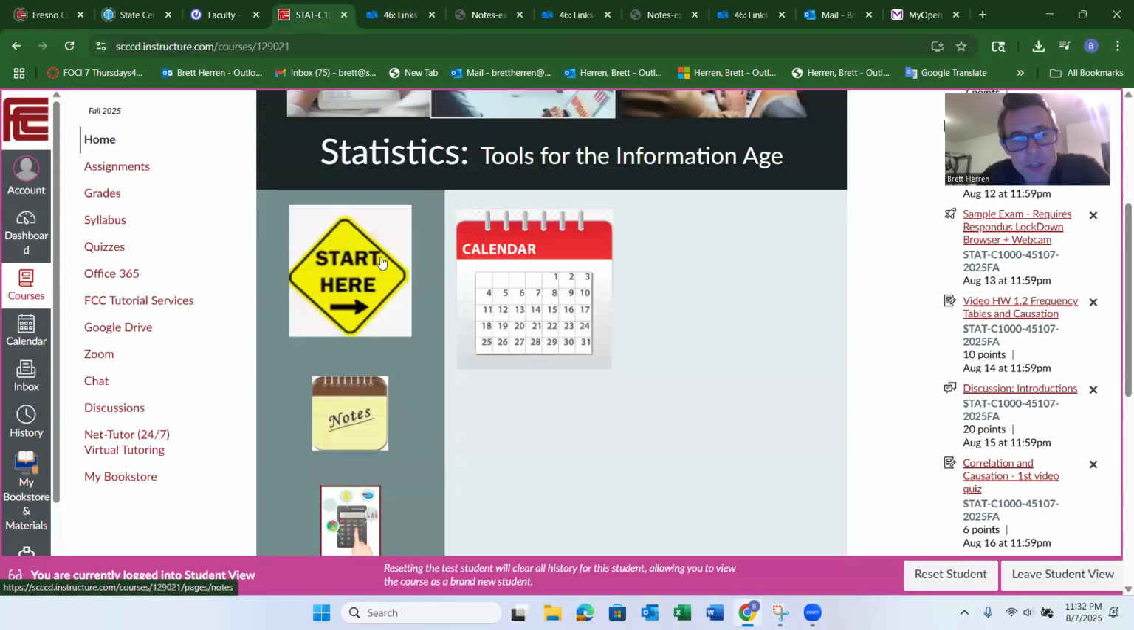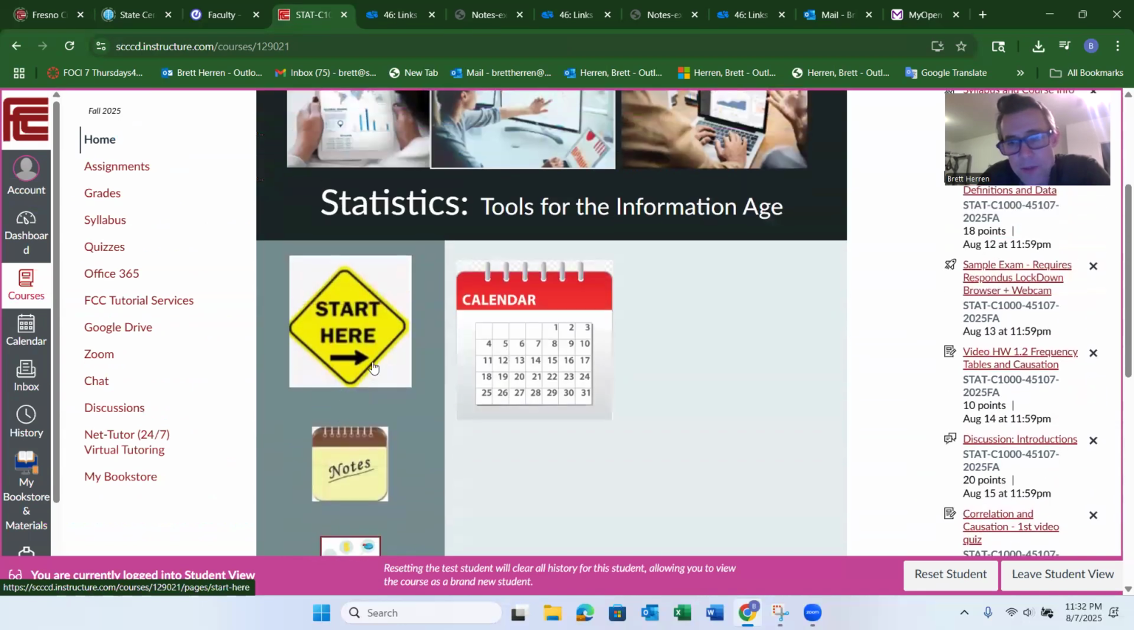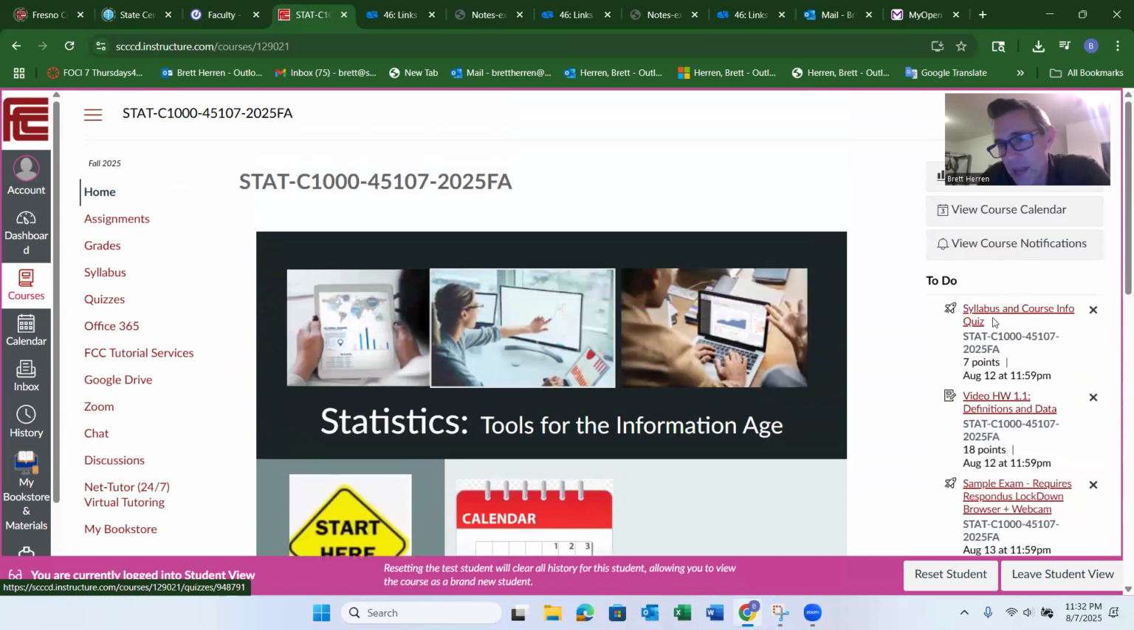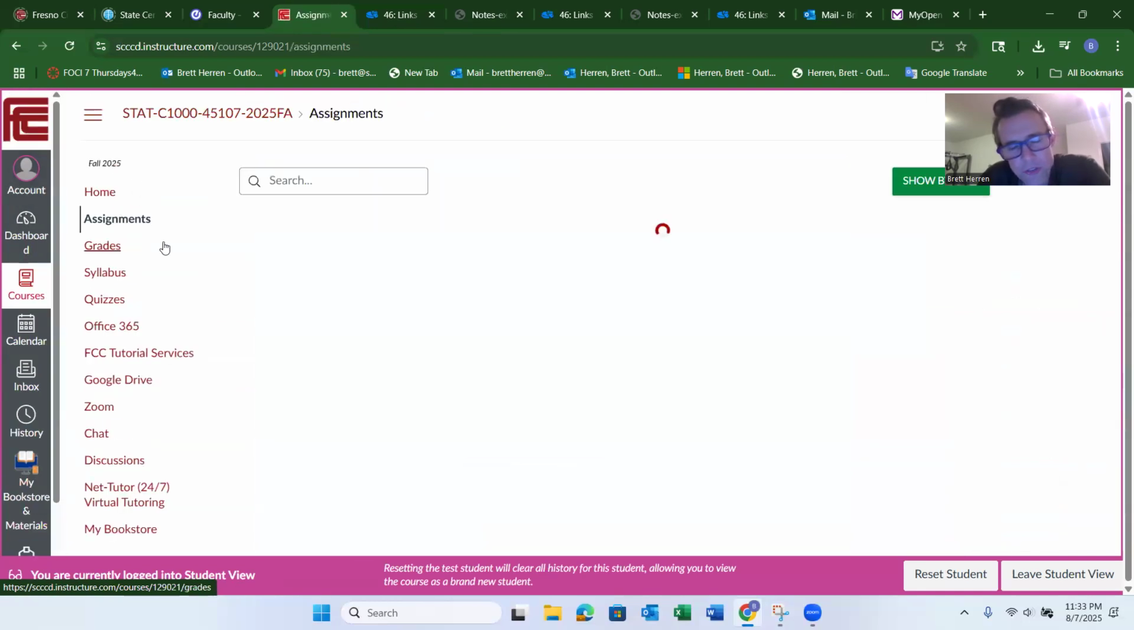Anyway, back to it. So just showing you the different things. There's a calendar on the homepage, the notes, the calculator. The main thing though is over here on the right, you can see the assignments that are coming up due and when they're due. Video homework one, stuff. So I'm going to go to assignments directly. You can go either way. I'll just click on assignments